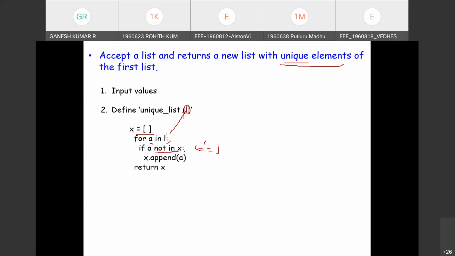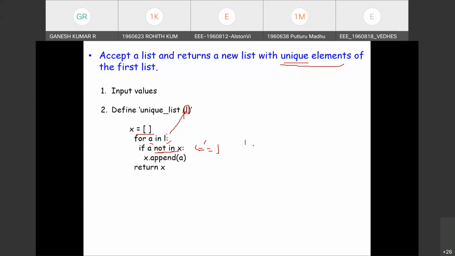If A not in X, X we had already defined as a blank list. By default, the first value will be unique, and the second is the comparison, not in. Kindly note not in is a keyword which is equivalent to the operator.